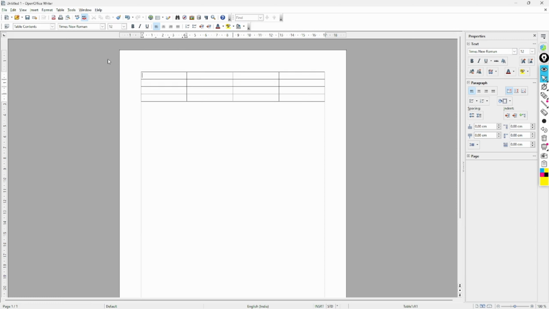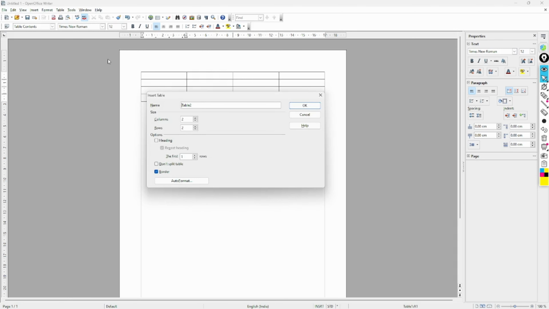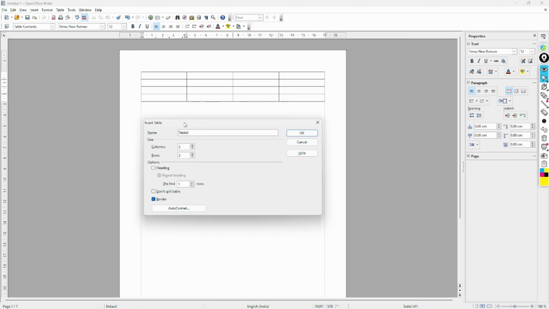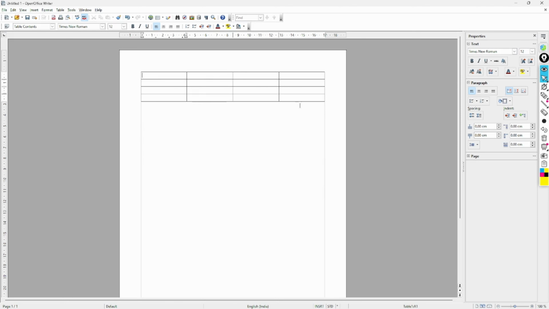How? With the help of a shortcut key. Do you know what is the shortcut key of table? Ctrl plus F12. See, Ctrl plus F12. If you press Ctrl and F12 simultaneously, you need to first press the Ctrl. Hold that Ctrl key. Don't just press it a single time. Hold that key, and after that press F12. Then this box will appear. See, the shortcut is written here also. When you hover on it, see, table in brackets Ctrl plus F12. This is the shortcut key to create a table.